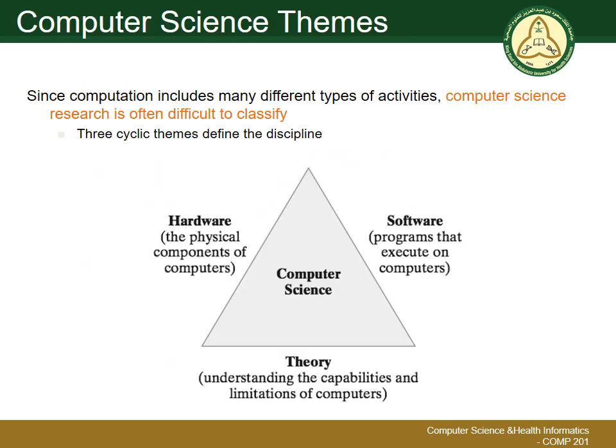Since computation includes many different types of activities, computer science research is often difficult to classify. الأبحاث في الكمبيوتر ساينس فيها صعوبة دائما في الكلاسيفيكيشن، التصنيف، لأنه عندنا أكثر من component. Three cyclic themes define the discipline: الهاردوير والسوفت وير